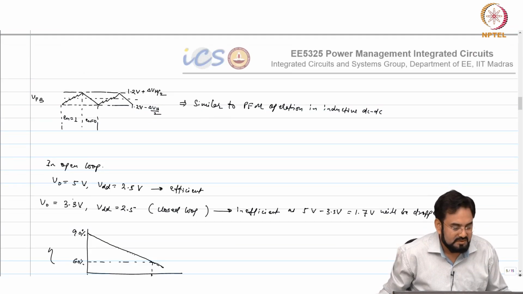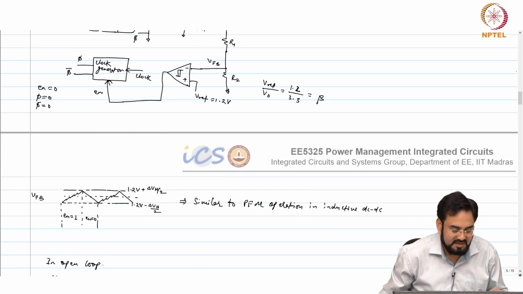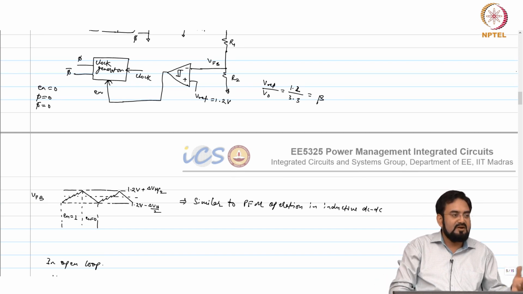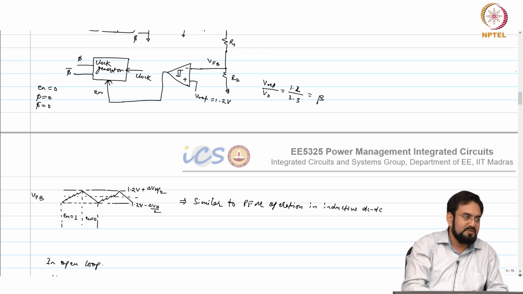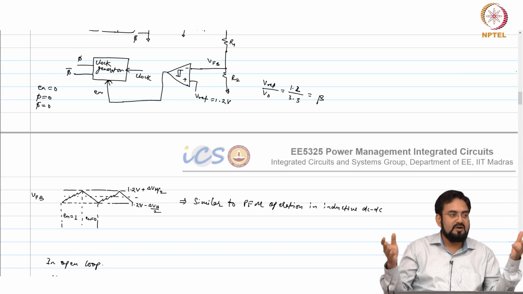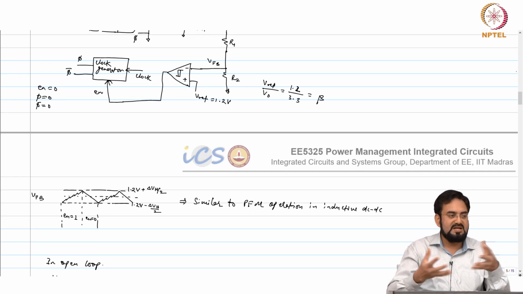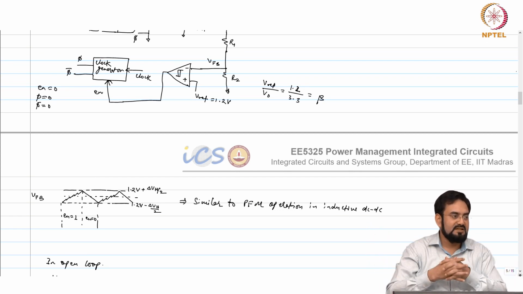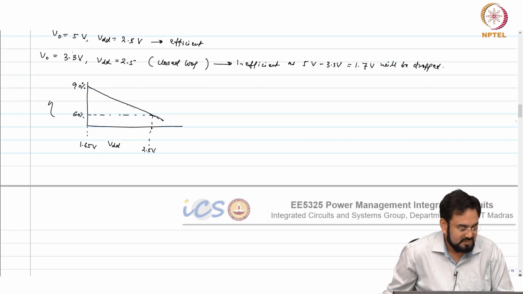If you are using only a fixed ratio, then depending on whether you are operating over a wide range of VDD, your efficiency may not be that good, but you will get very good efficiency if your V in and V out are fixed and it is always operating close to 2x. But if it is a variable input or output, then one gain setting is not enough. You need a charge pump which can be configured in 1.5x, 2x, 2.5x, something like 3 or 4 settings, and you can improve the efficiency.